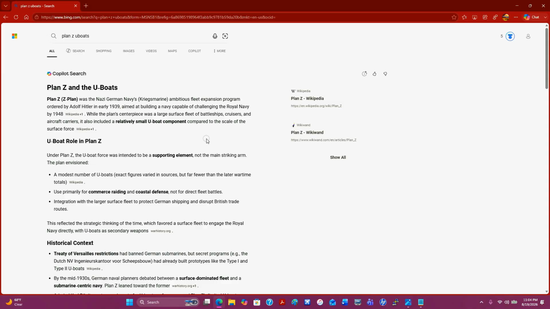code and were able to actually read the instructions for where the U-boats were supposed to be. They would break the code and they would find the U-boats. So they knew that because they found something they could not have known but for the translation from the code, that they had actually cracked the code. I never heard of Plan Z U-boats in my life until I looked at the plain text and said,